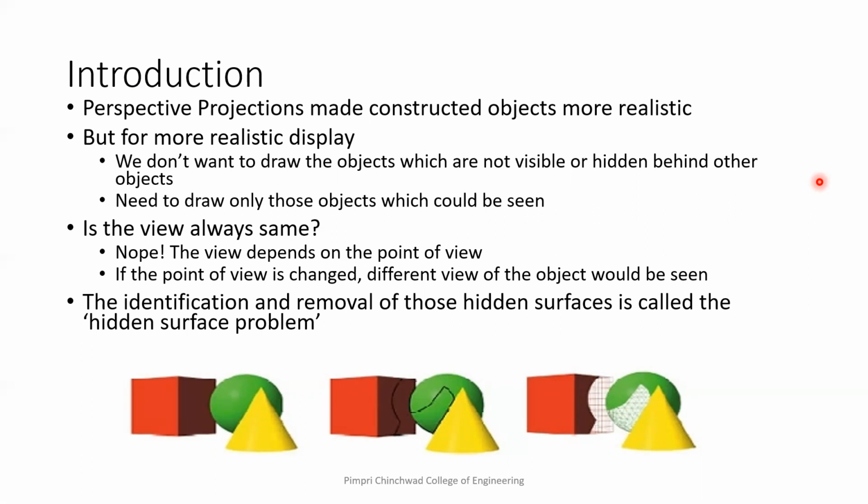Before starting, just tell me whether the view will always be the same. Suppose we are designing a game of treasure hunt where we have one palace. The palace is surrounded by one boundary wall, and outside the boundary wall we have the path, the road. Some treasure hunter is walking along the road. So which portion can he see? He or she can see the boundary wall only, right? So if my point of view is from the road, then I can only see the boundary wall.